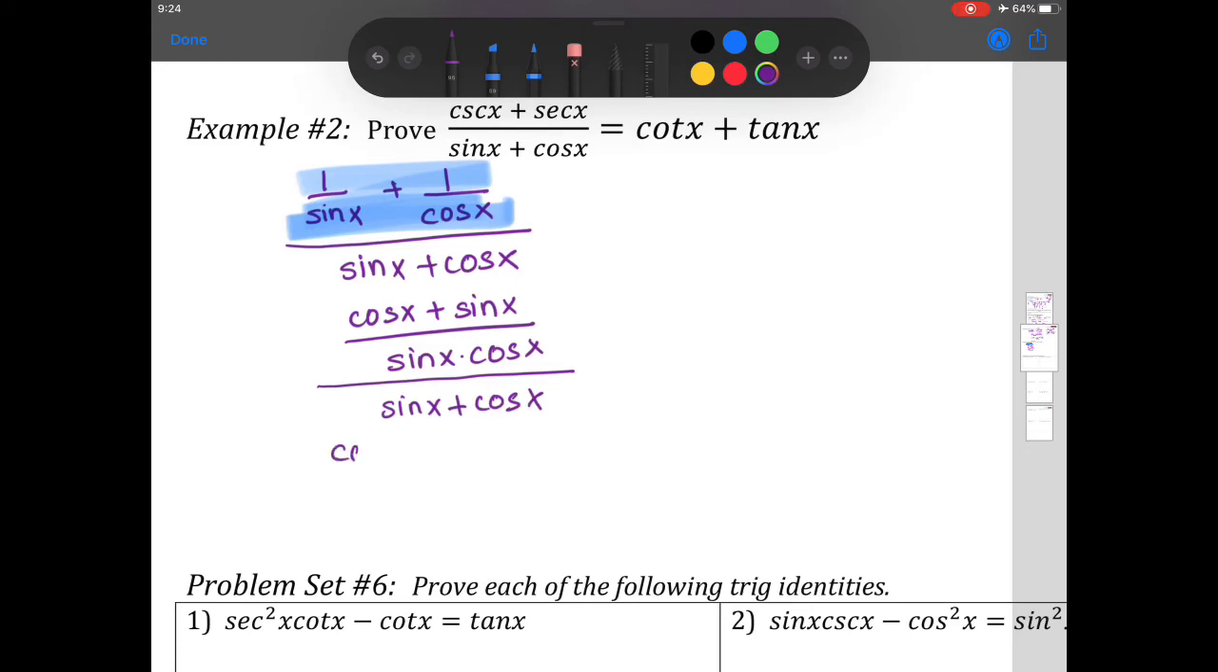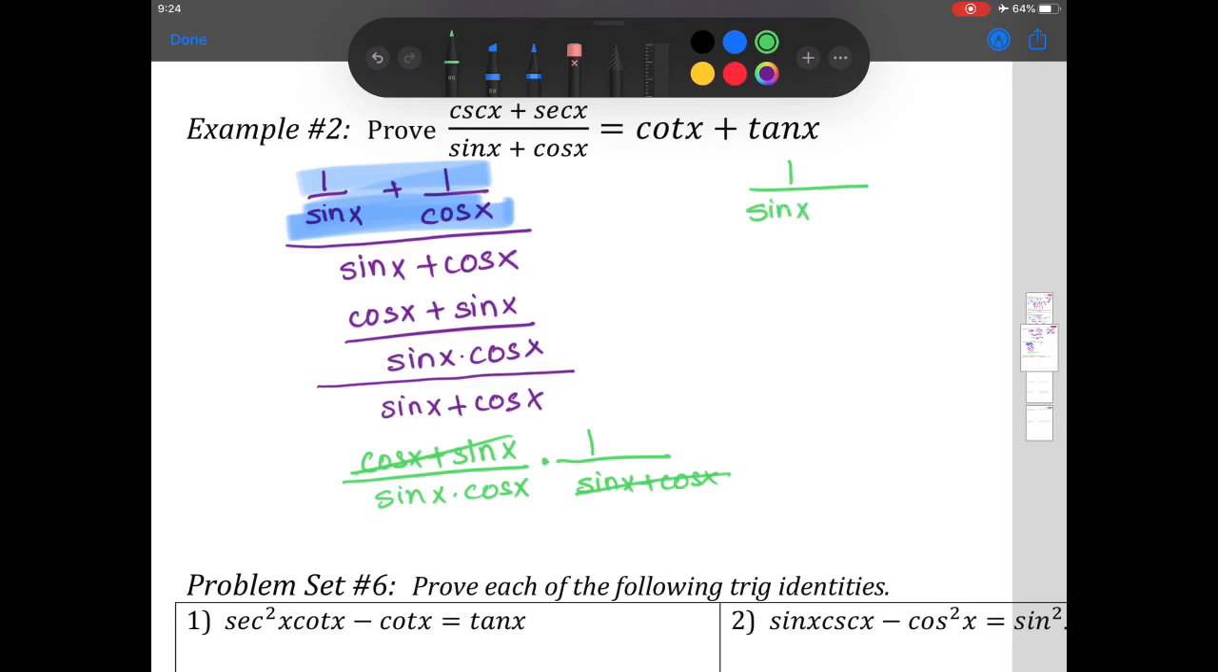Do you keep change flip? What do I get? Cosine x. I'm just going to change colors because I feel like it'll look so much better. So cosine x plus sine x over sine x times cosine x times, this would be what? 1 over sine x plus cosine x. These cancel out, and you're left with what? 1 over sine x, 1 over,